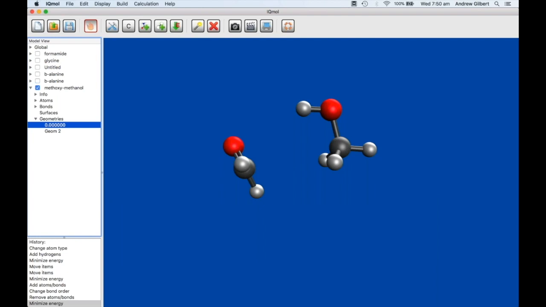Submit that calculation. While that calculation is running, let's describe what we're actually doing here. Finding transition structures can be quite difficult. Often you'll start with one of these structures, such as the one you can see on the screen. You'll do a frequency calculation, and then follow one of the eigenvectors out of the potential minimum that you're in,